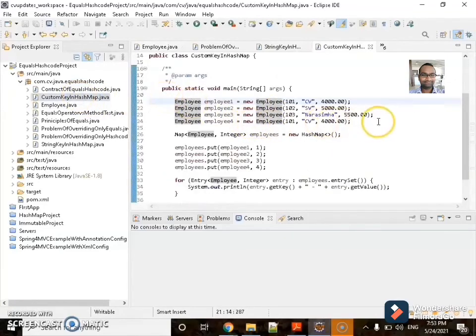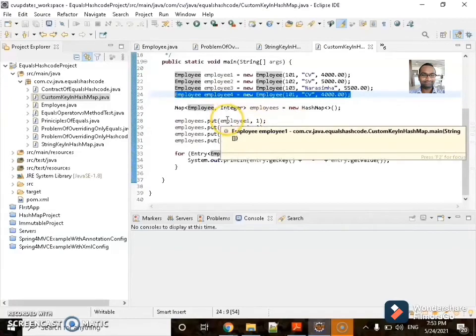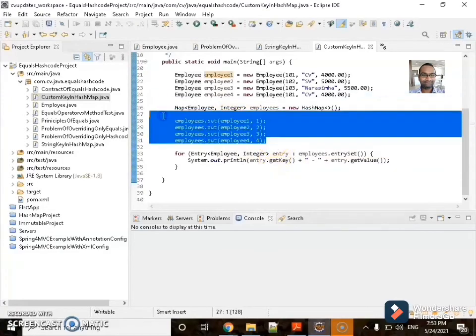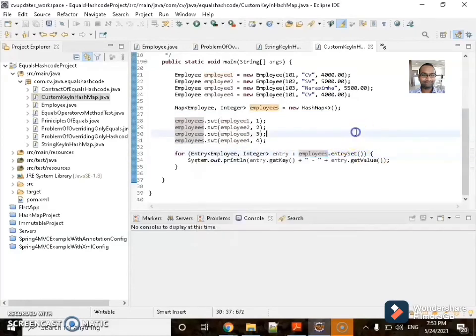Let me try the custom key in the HashMap. So I am creating multiple Employee objects, and you can consider Employee 1 and Employee 4 are the same. I am trying to put all these 4, retrieve them, and print them back.